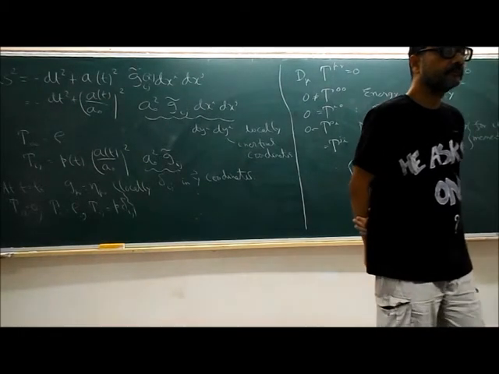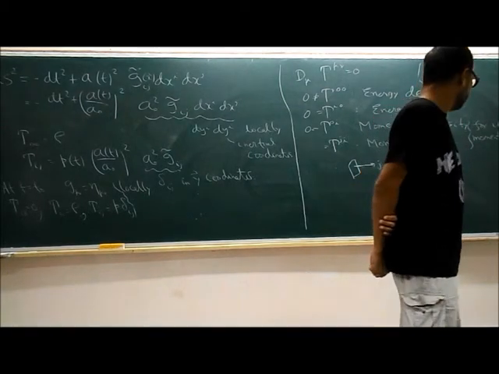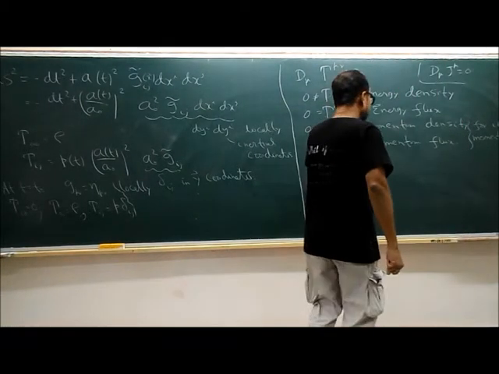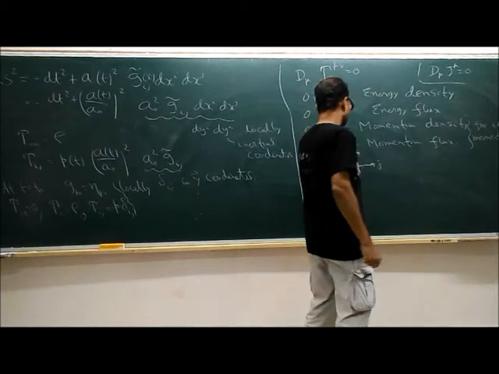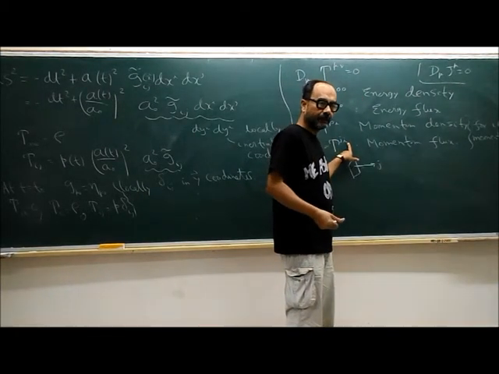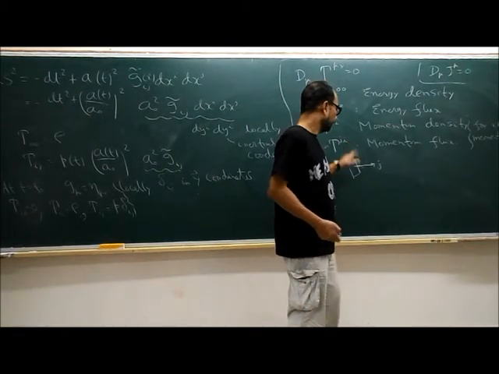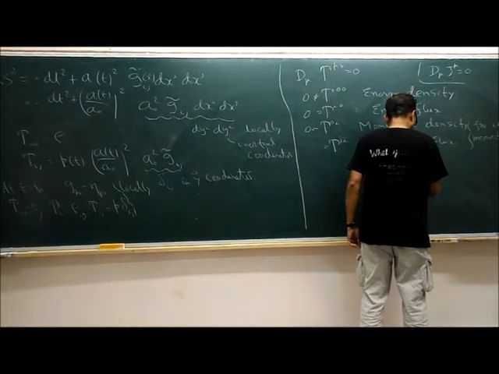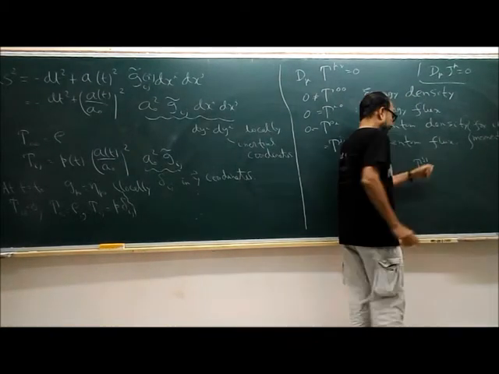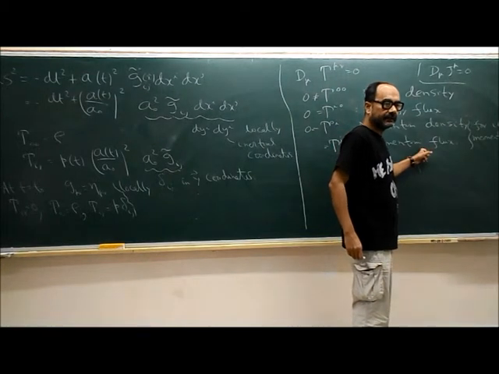T31 would mean the momentum flux in the third direction. T3i means momentum flux in the i direction. So the second index is the direction in which the momentum flux is being measured. Px flux along a surface oriented in, say, the z direction. So T31 is what you are looking at. Yes, T31 means Px flux moving in the z direction.